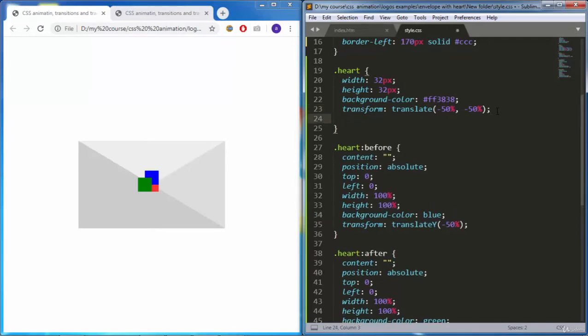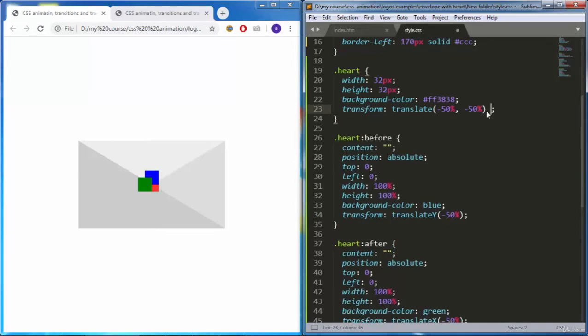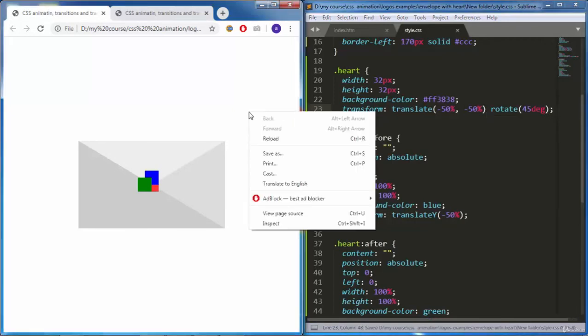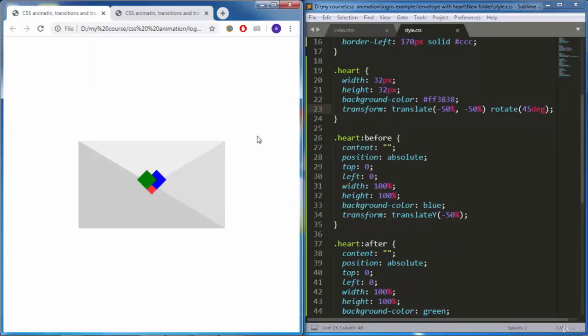And inside the transform declaration, I will add rotate. And I will rotate it by 45 degrees. So now you can see the div is rotated by 45 degrees, and both the before and after pseudo elements rotated with it. I think you are telling yourself that we are getting pretty close to the finished product here,